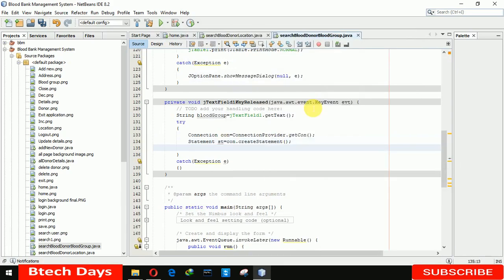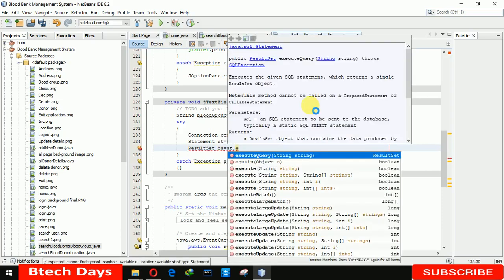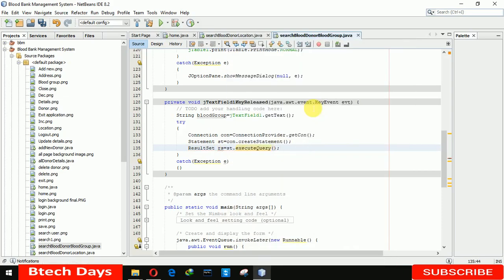After that we need result set to display the result. Rs equals to st dot execute query. Okay, now here we have to write the query. So the query is select star from donor where blood group is like